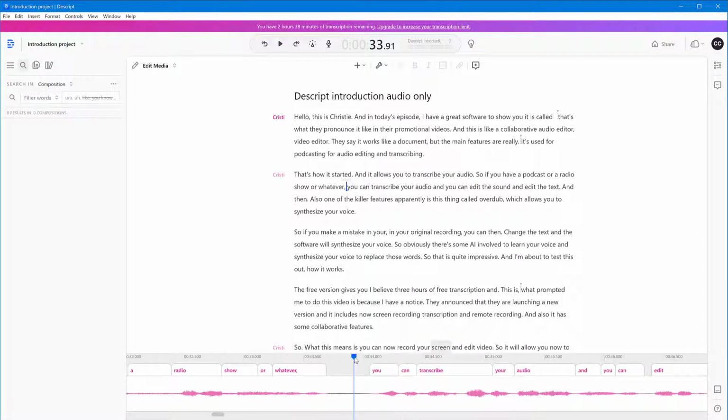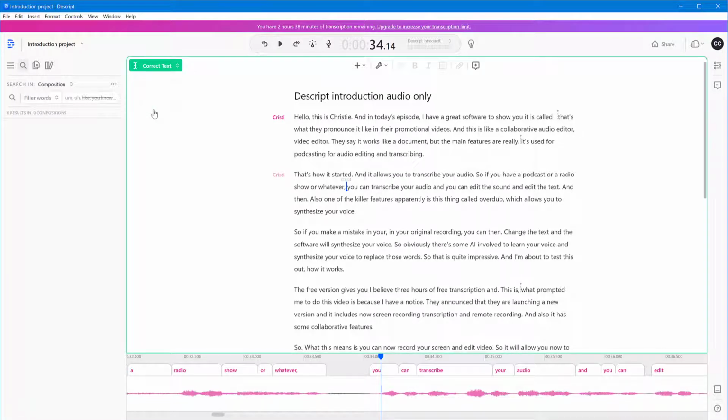It allows me to work on this timeline here, double click to select a word. You can delete it, whatever you want to do, or you can switch to correcting text. So on the top left here, you click correct text. So now this allows me to correct my text without having to actually sample my voice to create new words or anything like that. I can actually correct now the text where it says here, I have a great software